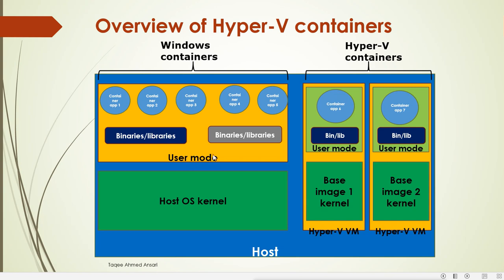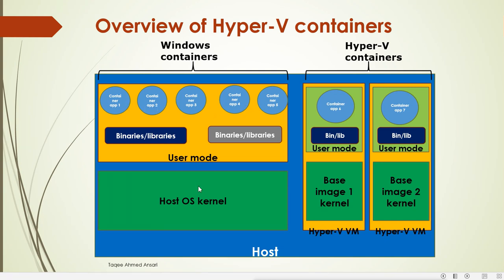Then on that we have the user mode, where the user shell is, where the user interacts with it. Now from here the user binaries and libraries will be there to run those applications. Now on that we install the container apps. So these containers, which are directly installed on Windows, will be installed directly on the operating system. Now they will be isolated. These applications will be isolated.